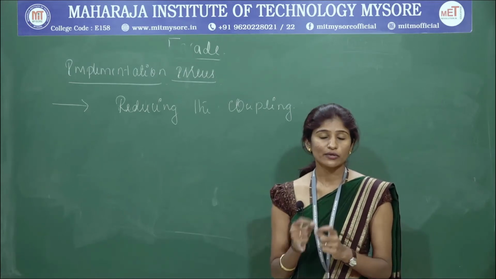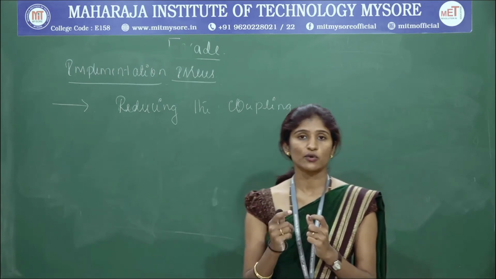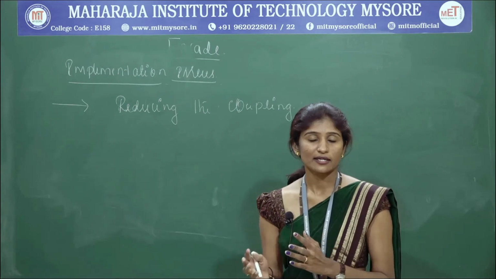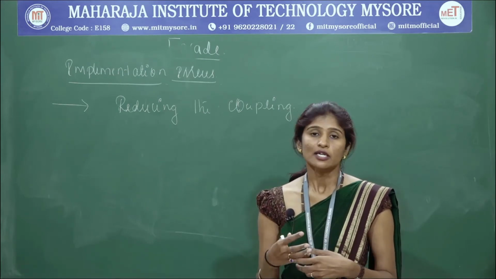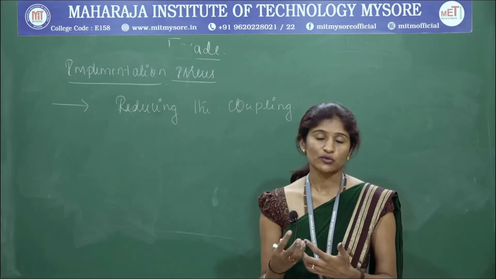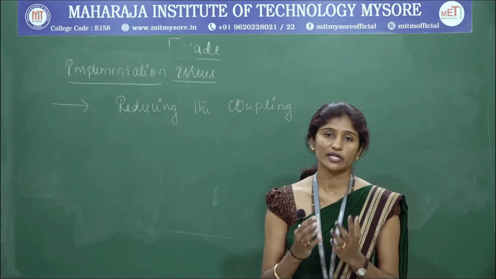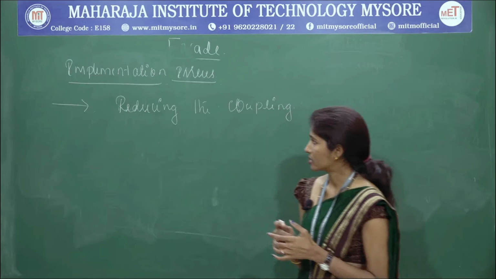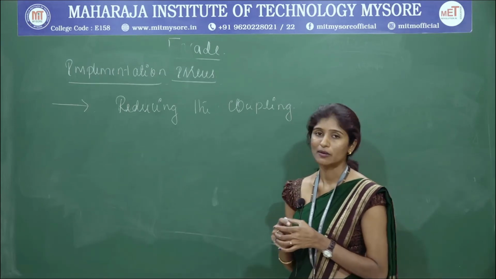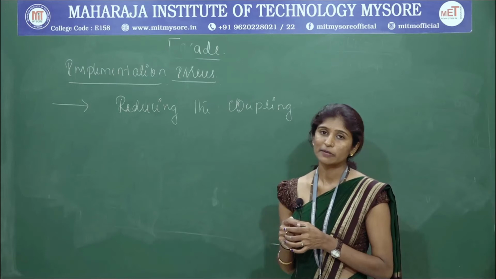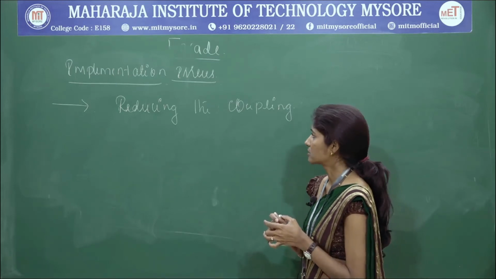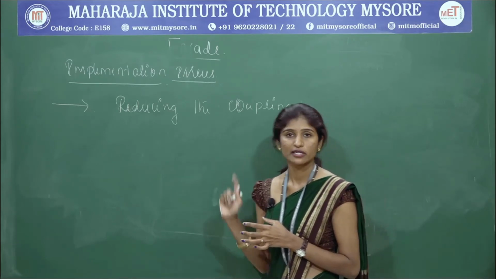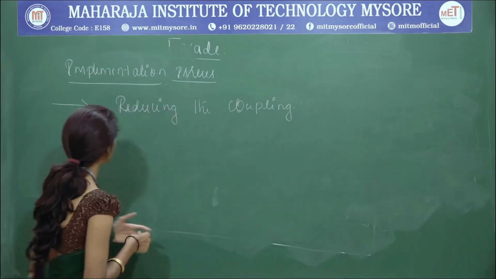So instead of that, you design the coding part so that it is at most 50% coupling, not more than that. You can maintain it like that. Not for each and every activity, but for the activities which are required most, you can keep the coupling, and keep less coupling elsewhere. If you follow that procedure, it will be efficient programming and will not give you more complexity. With respect to the dependency, that is what he has stressed in the first point, that is reducing the coupling. So while designing, you should keep this in mind. Okay, so we'll see the second issue.